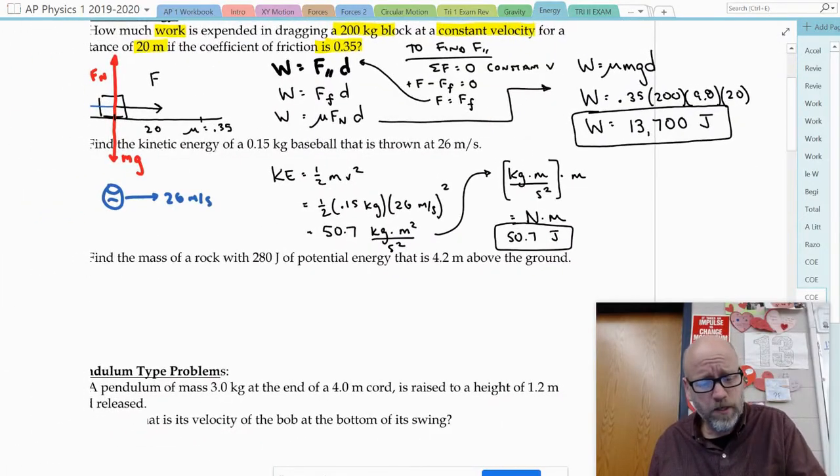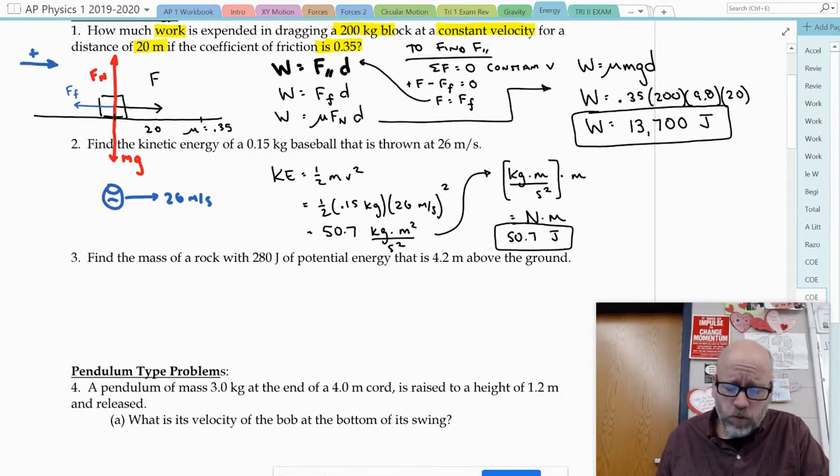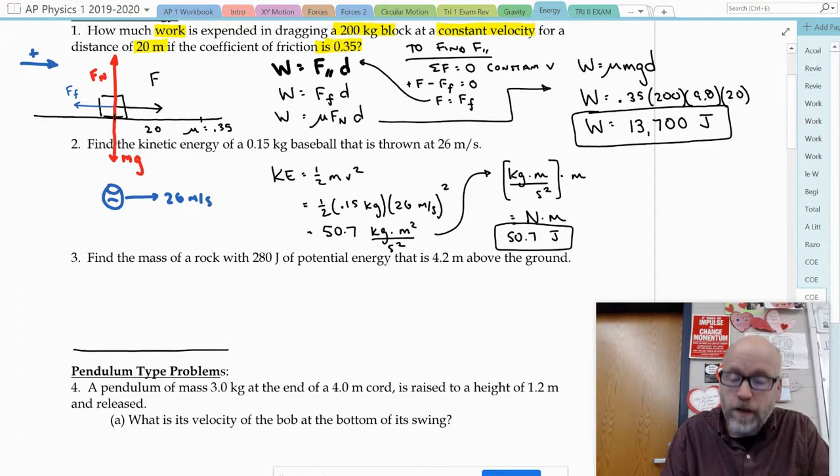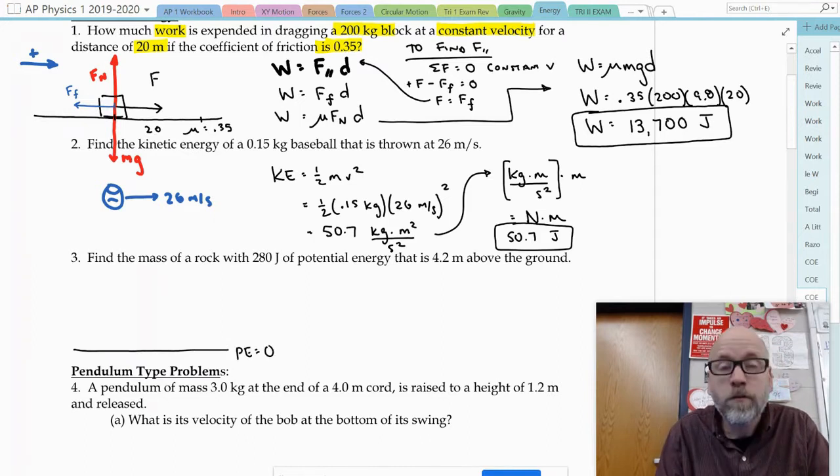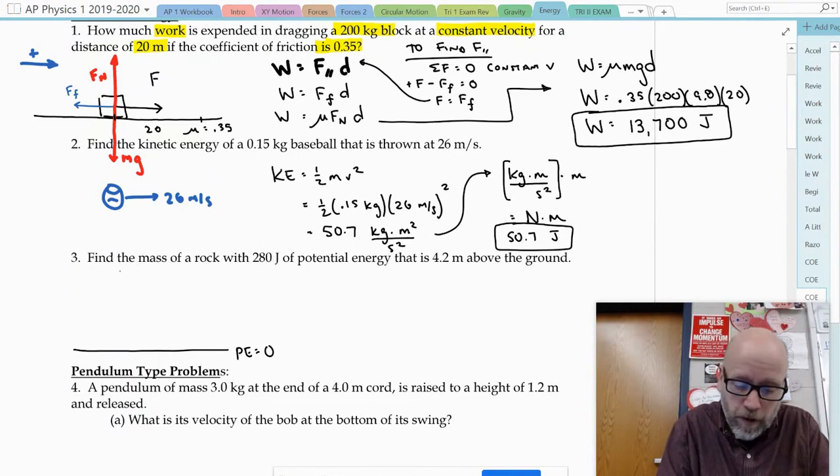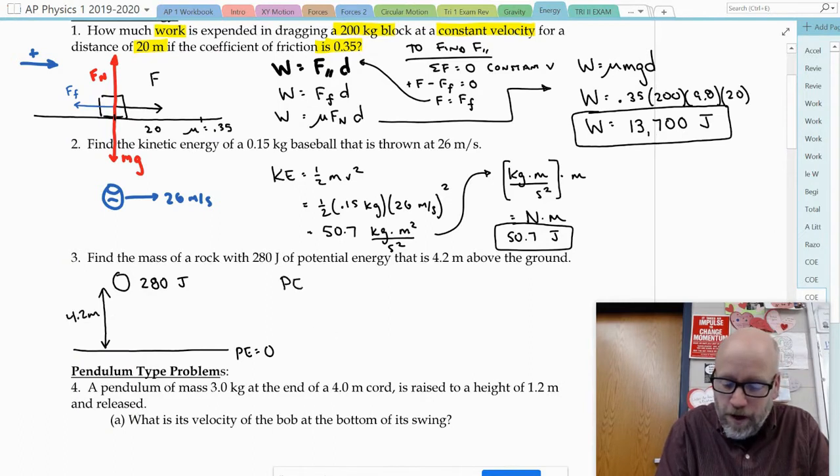Next, find the mass of a rock with 280 joules of potential energy that is 4.2 meters above the ground. Now, at this point, I'm going to make sure that I say that at the ground, potential energy is 0, because potential energy is just a state function. So it has 280 joules when it is at a height of 4.2 meters. And potential energy due to gravity is just going to be m